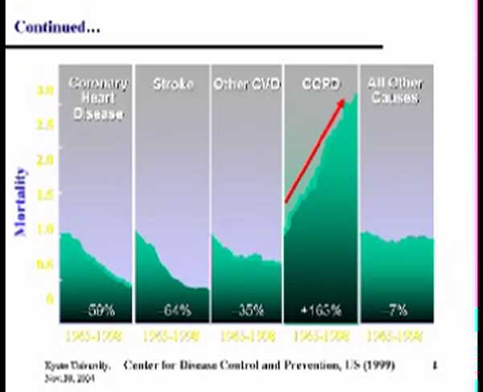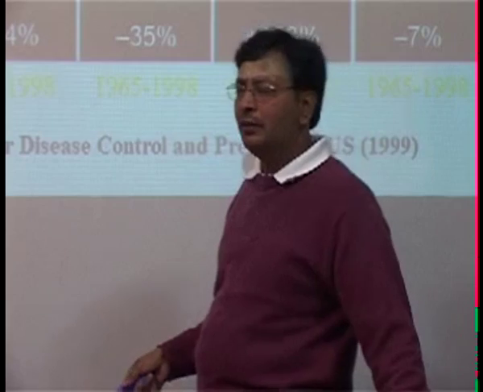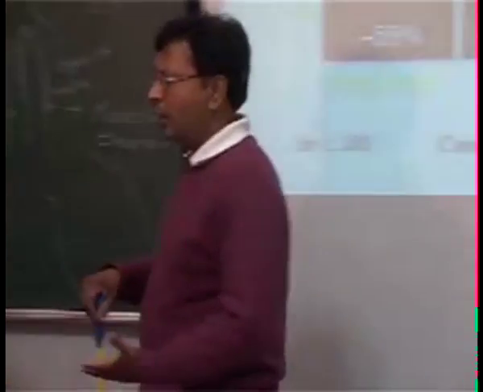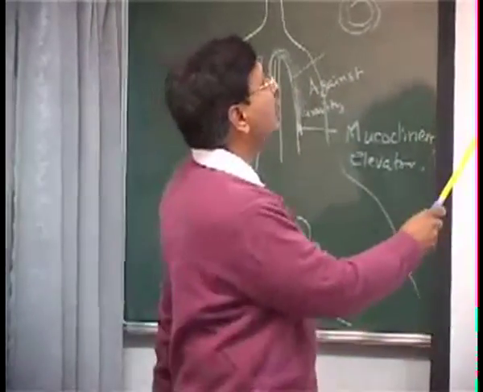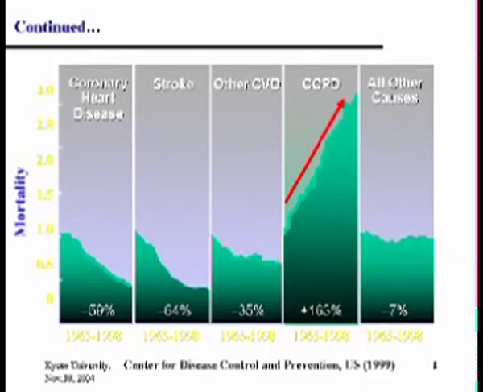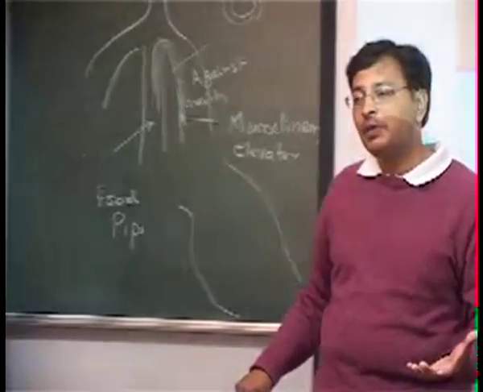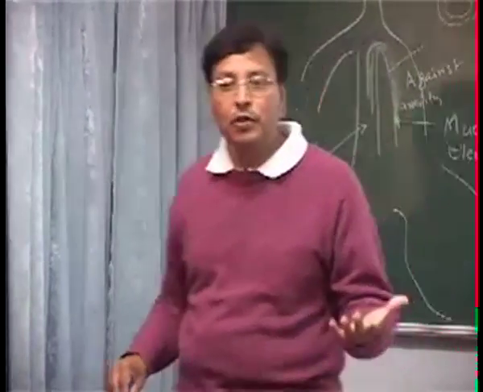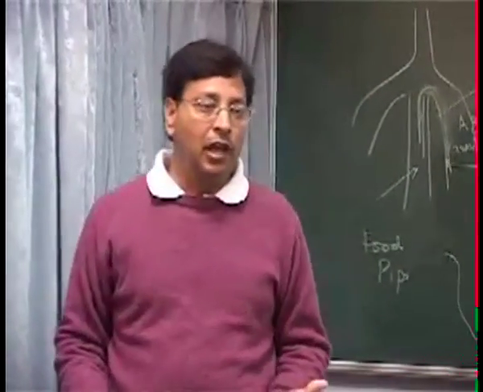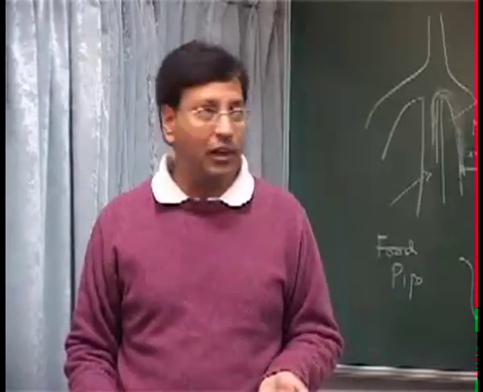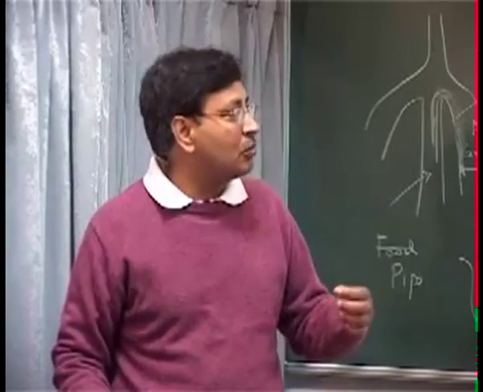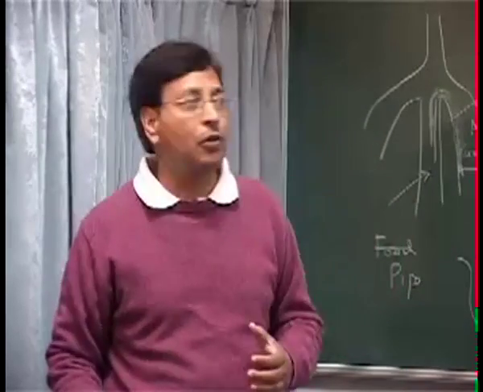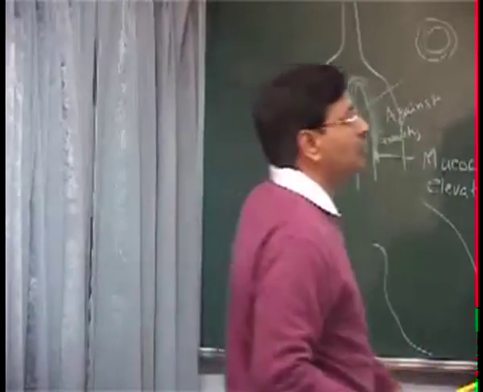Because of better health facilities and better education to the people, there is a decrease in the coronary heart disease. So is in the stroke. And then other vascular diseases, well, it's kind of stable. But look at the COPD. It's not that people have started smoking more cigarettes, or more people are starting and people are smoking more and more. No, that is not the issue. So generally, this is what was the point they found.